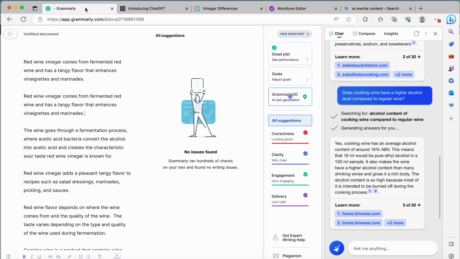Then I opened up ChatGPT. And I typed in the question, what is the difference between red wine vinegar and cooking vinegar? And I used some of the information that populated here. Let me make this very clear. I'm using the AI, but I'm wording it in my own words. I continued to do research. It just helped me produce content faster. I'm not typing in a question, copying it, and just pasting it. I'm putting it into my own words.